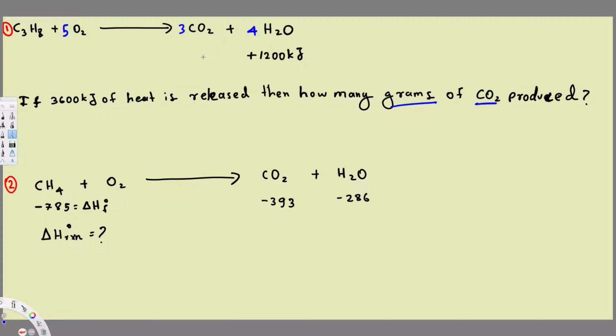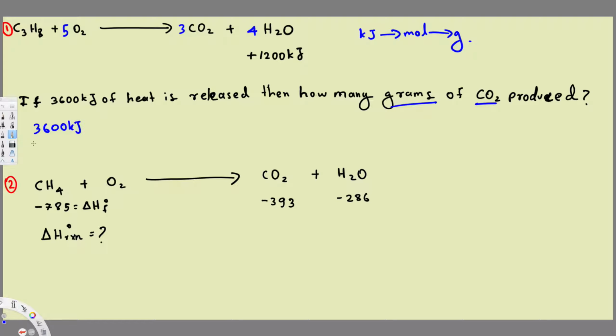So first we have to calculate the moles of CO2 that is produced, then we convert that into grams, right? So we are going to go from kilojoule to mole, then mole to gram. So let's see how we can convert kilojoule to mole first. Here we know that 1200 kilojoule... So let's put this 3600 first, right? 3600,